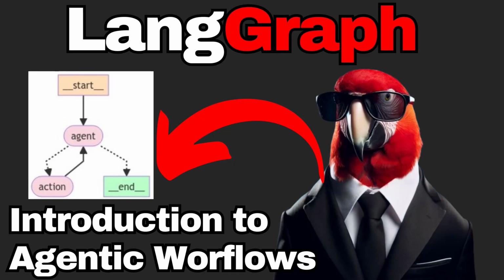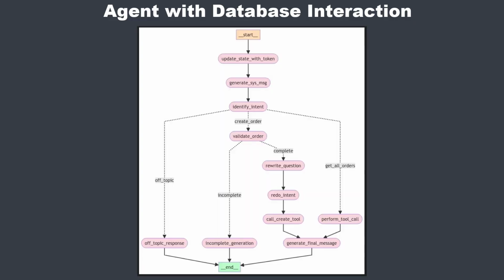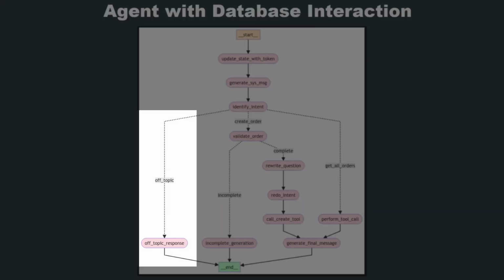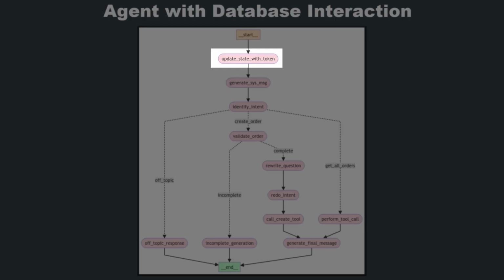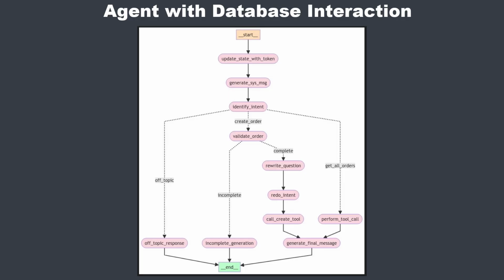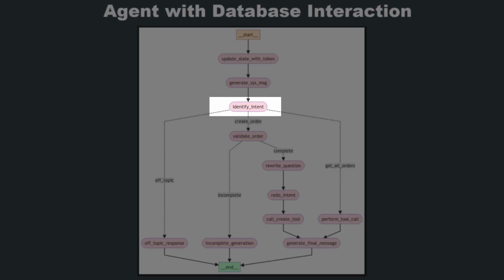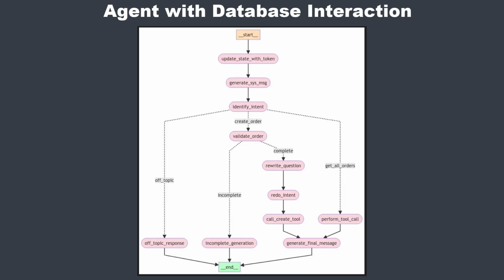So what are we going to build? We are building this. A fake logged in user is able to create an order or see his orders. Everything else is blocked. We start by setting the user with a dummy token and give the bot an identity with a system message. Then we classify the intent. If it's off topic, we completely block it. If it's get all orders, then we make a query to the database, filter by the user and give him